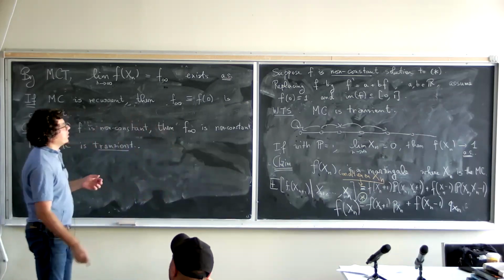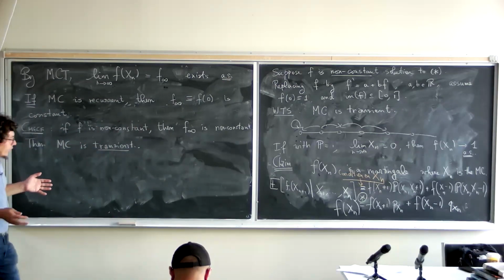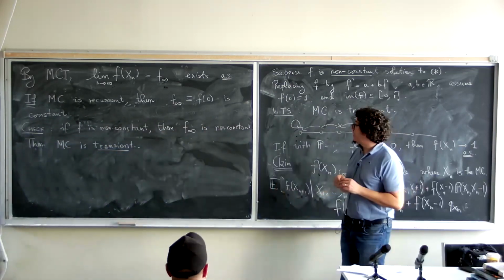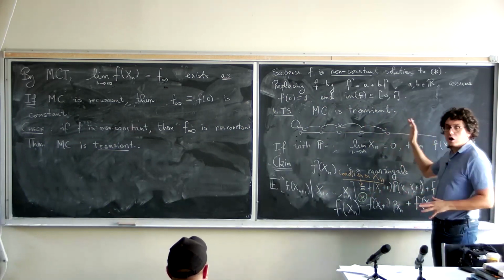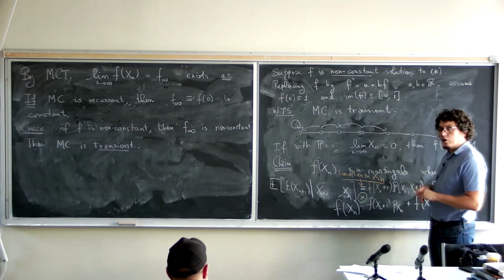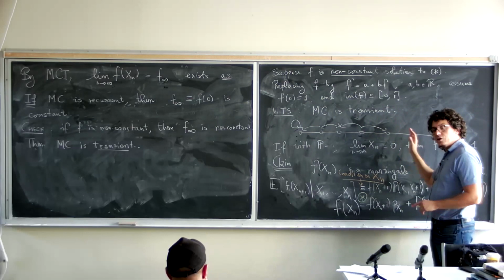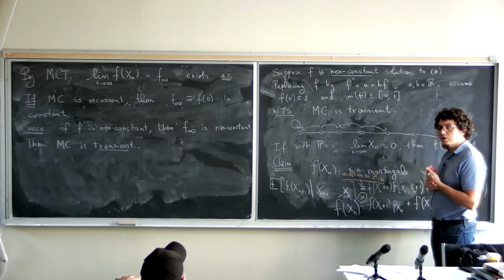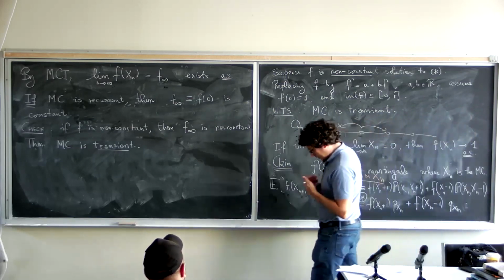Well, it depends on how many harmonic functions you have. In general, you have a lot of harmonic functions. But yeah, I guess it's kind of true that you can think of it as being a linear combination of probabilities of visiting the different sites on the chain. Is there a statement of the form that the probability of visiting different sites is a dense subset of the space of all harmonic functions, or something like that?